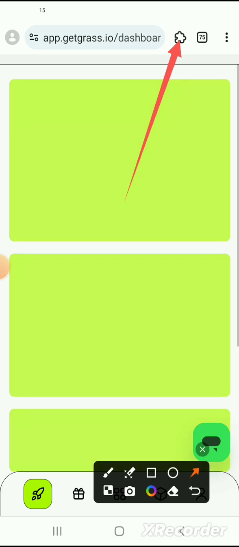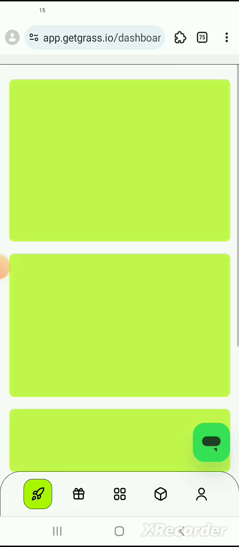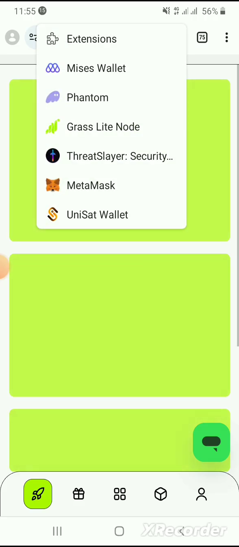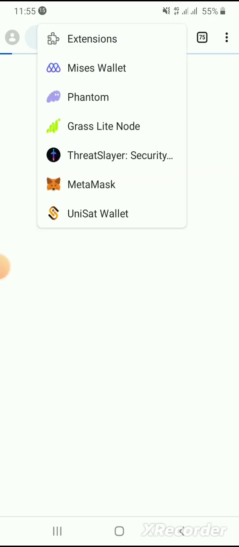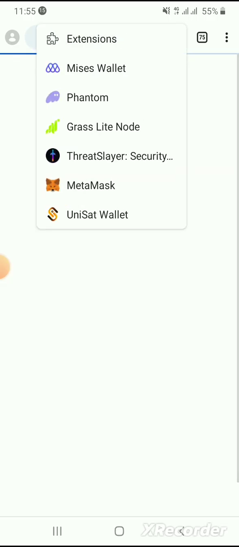So you click this place, you tap on it, because we are creating a wallet. Now you click extension. You see extension at the top. Click extension so that it will open. It's opening,